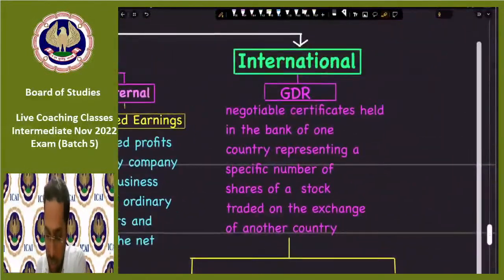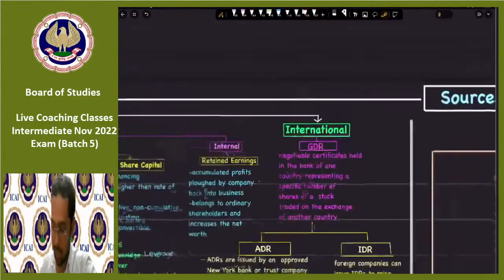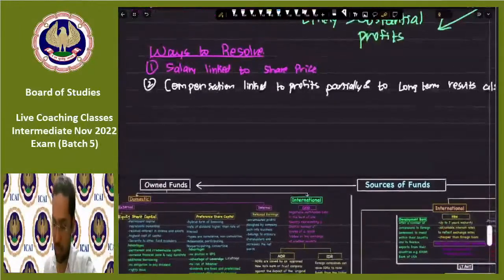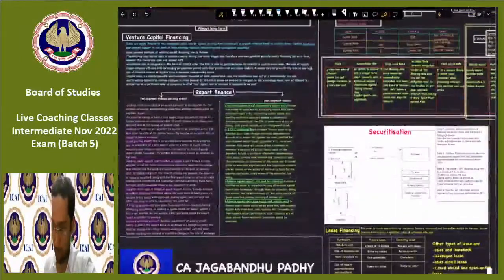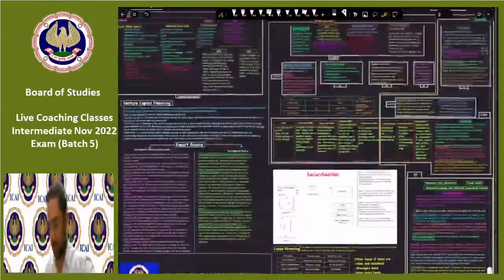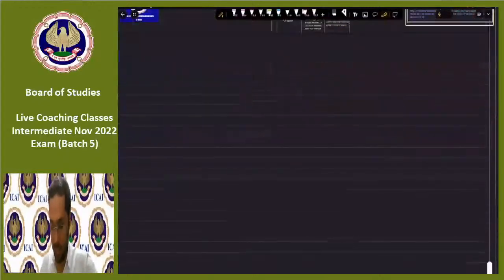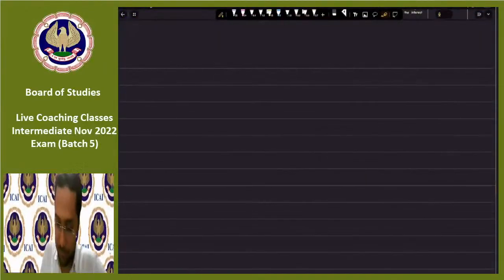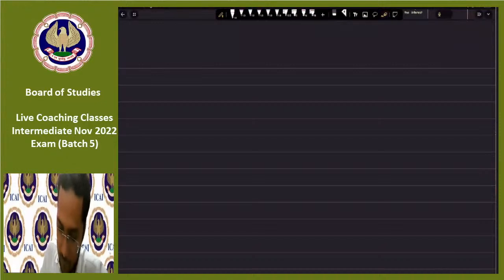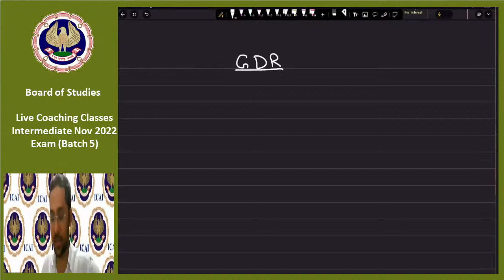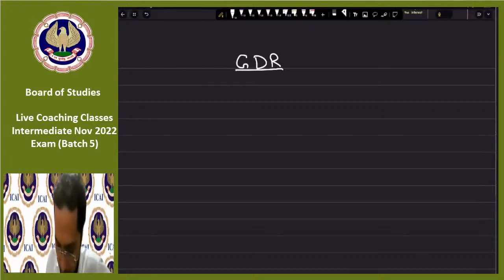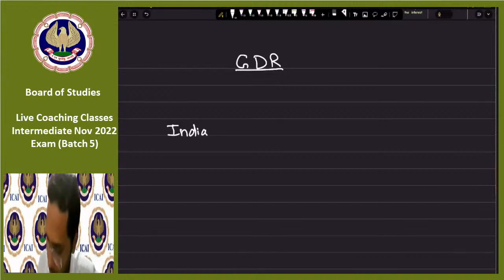Okay, let's come to GDR, Global Depository Receipt. So what is this GDR process as a whole? Let's try to understand it in the form of a chart. See, Global Depository Receipt. Now, let's say we are standing in India and the other is the US